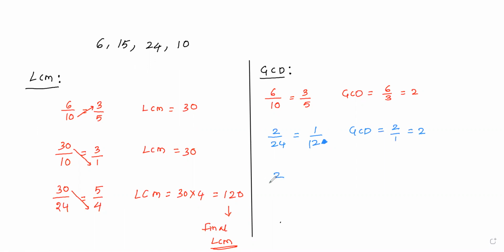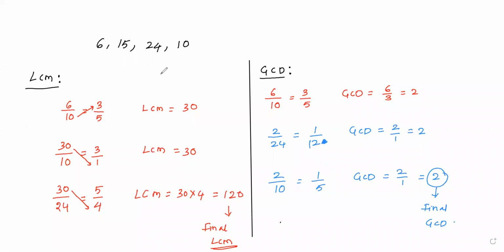Again, I am taking these two and the remaining number 10. So 1 times, 5 times. So your GCD becomes, you can take either 2 by 1 or 5 by 2. You are getting the same answer. So 2 by 1 is the easier one, so let me take 2 by 1. So your GCD is now 2. This is the final GCD. I hope everyone is clear at this point. Am I right? Yeah. In this way we can find it, this is called the general method.